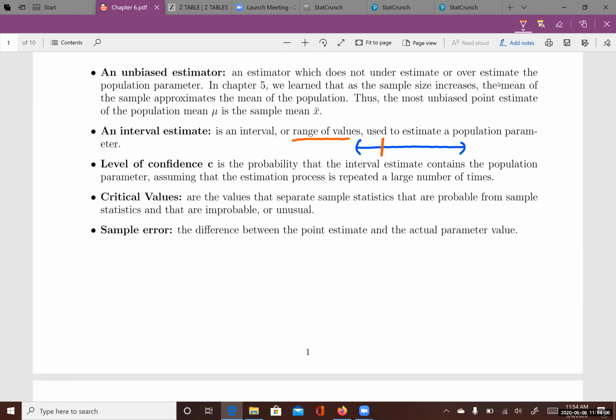So let's look at a normal distribution. If the variable in the population is normally distributed,